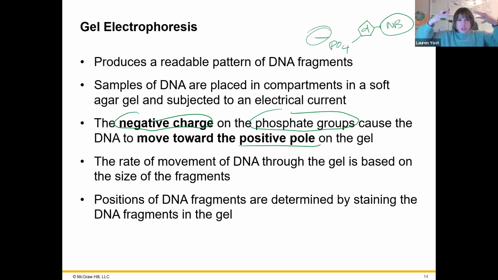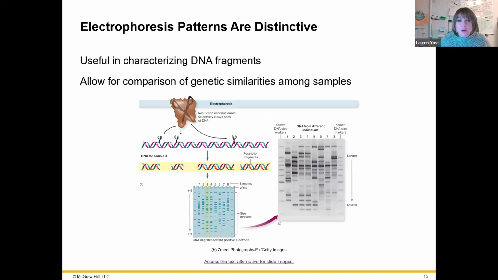Think of it as like a mesh. Small pieces can move faster through the mesh, but the big ones get kind of stuck and it takes them a little bit longer to make their way through. And so that rate of movement basically can create those gels. And then we can add chemicals or use UV light and things like that in order to visualize those bands that are on the gel. And we can compare person to person. And so we can see here in this example that we're looking at,